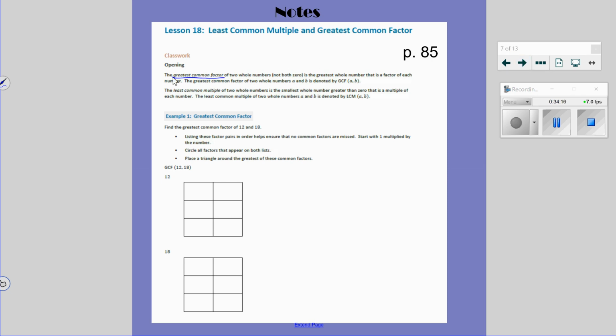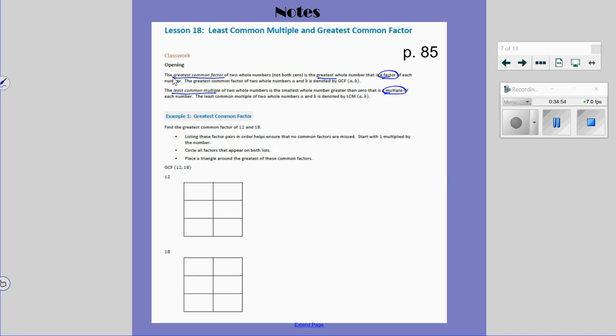The greatest common factor of two whole numbers, both non-zero, is the greatest whole number that is a factor of each. So we're looking for the factors in this one. Least common multiple is the multiple of each number that is the first multiple of each of the numbers. So I'm going to go through 3 different ways to show this. I'm going to show the 2 I don't like first, but then I'll show you the one that is going to be easiest. Okay? Our first way is the elementary school way, where I take my 2 numbers, 12 and